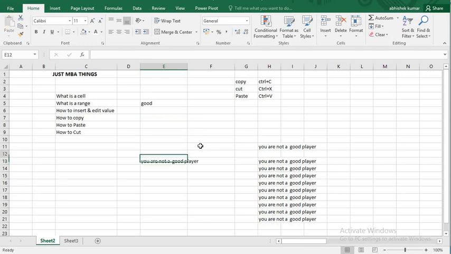See what happens. The data which was earlier here was deleted. So in cut, we move the data from one place to another, and in copy, we paste the data in different cells but we don't move the actual data. We create a duplicate of it.